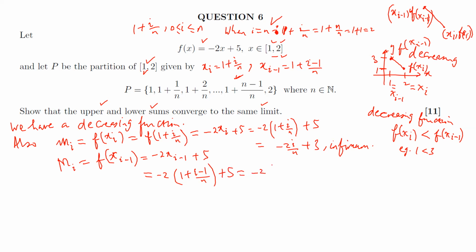So which is minus 2 into (i minus 1) over n, which is plus 3. So hence,